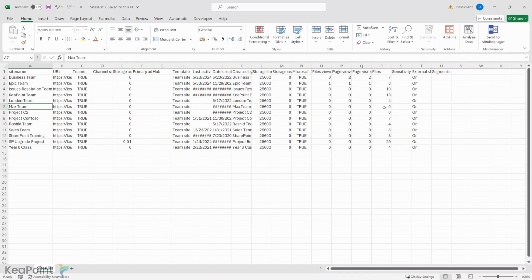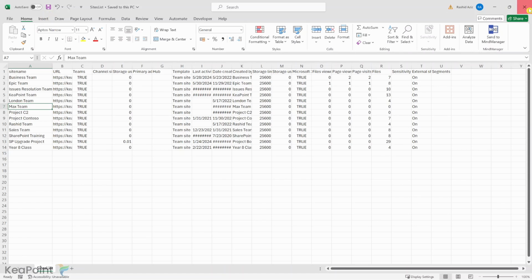Next, you can filter out only the sites which have 0 documents, and then we can check if the Microsoft Teams have any conversation in those sites or not. So if there's no conversation and there are no documents hosted on these teams, then we can delete those team sites, because every team has a SharePoint site which hosts the files. And we can further check with the script if there's any communication or conversation happening in these team channels, then we can keep them, otherwise we can delete those teams. For this testing purpose, I will leave all the sites in there and I will click on save and close